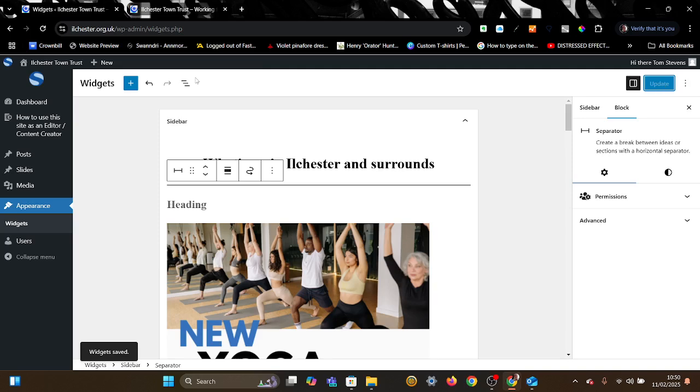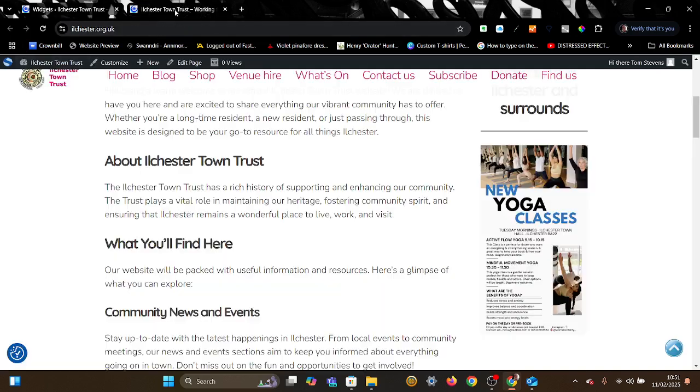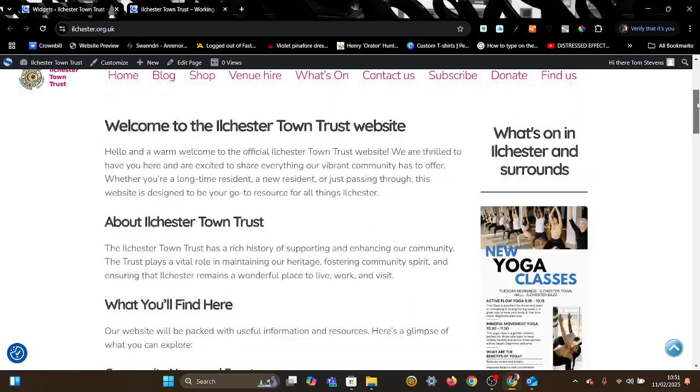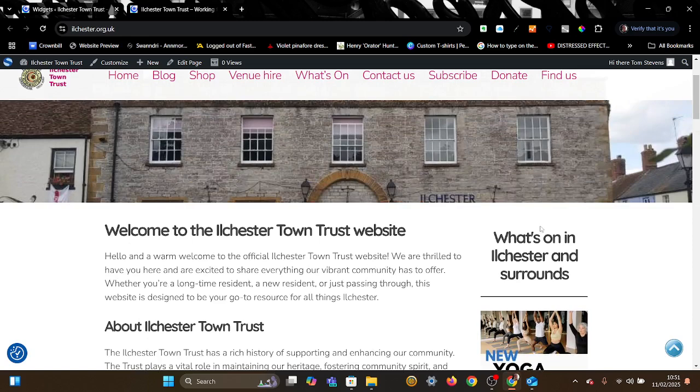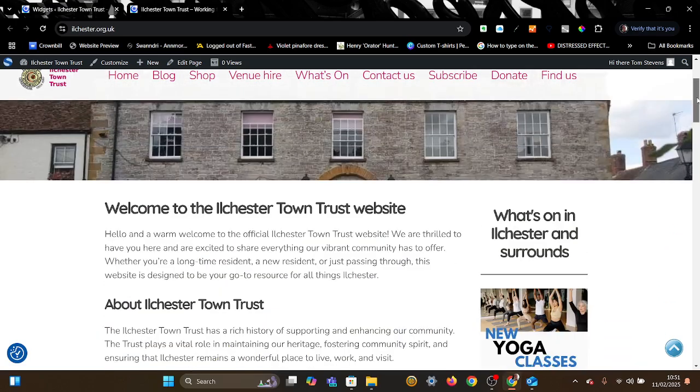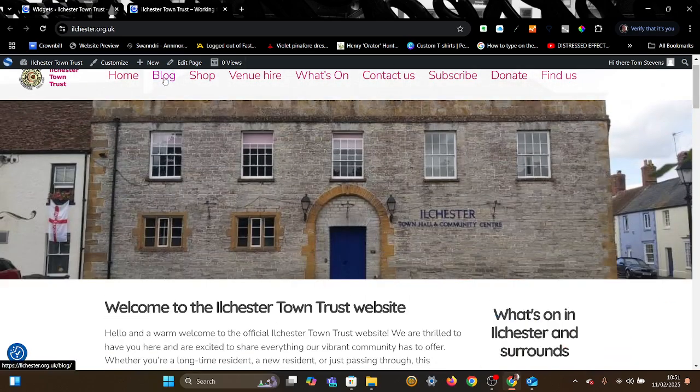and then when we go back to the live website, so we had it open in the other tab, I'm just going to refresh the page, and now we should just see the original lineup, what's on in Ilchester Surrounds, your poster we published a few days ago, giving information, and there we have it. Going back to the blog,